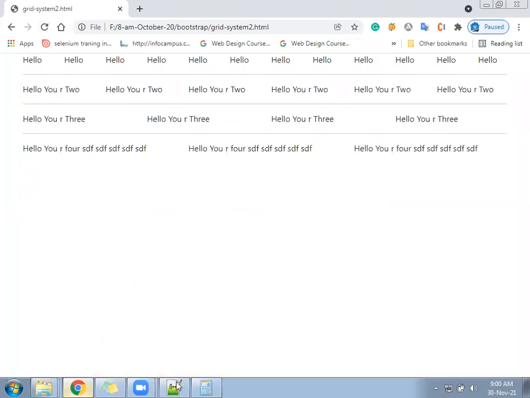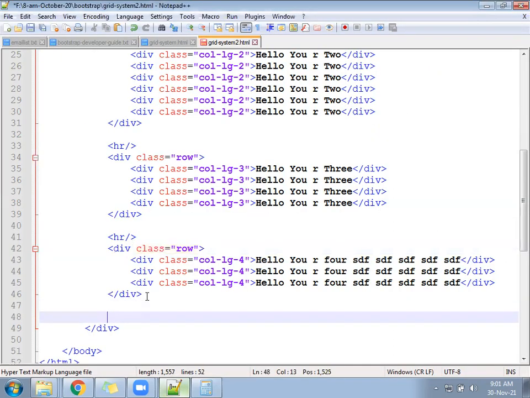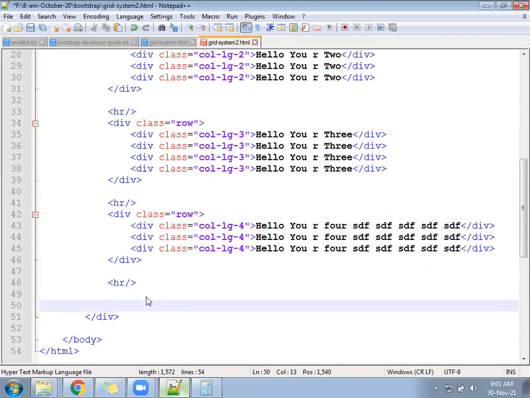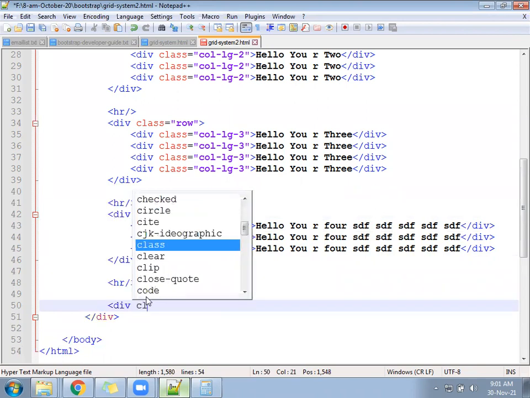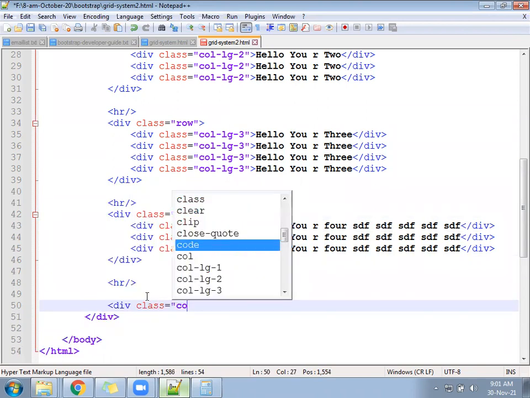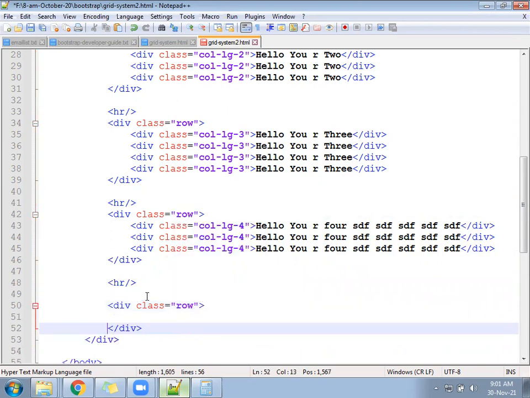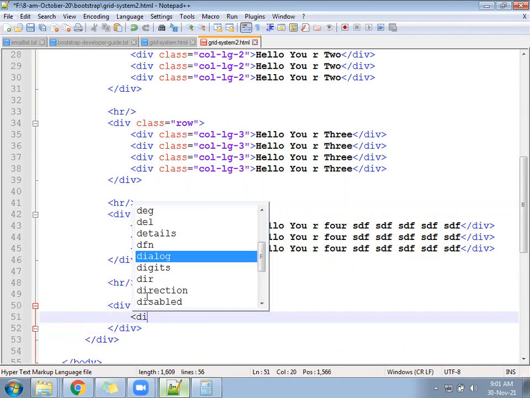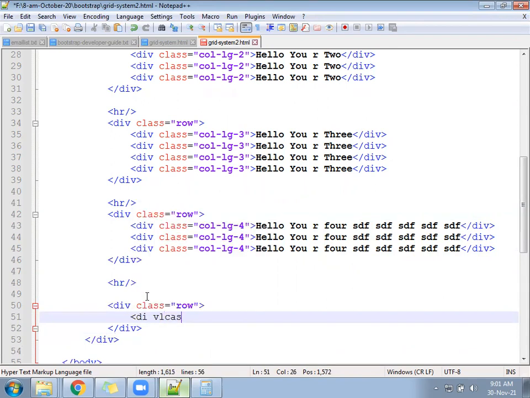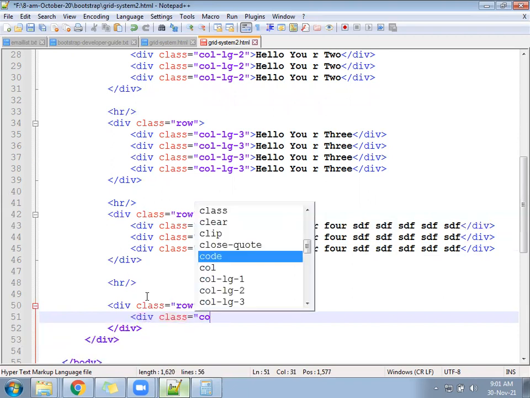Let's go next. You are going to print HR, a division, class equal to row, and a division with col-lg-5.